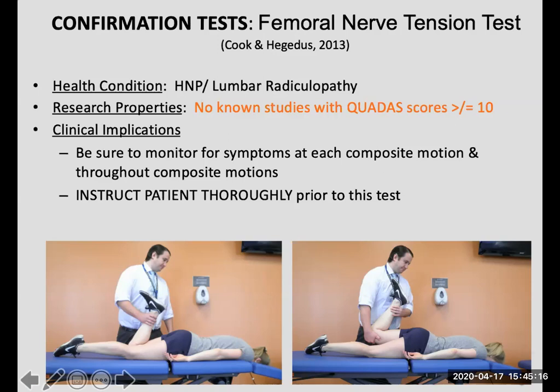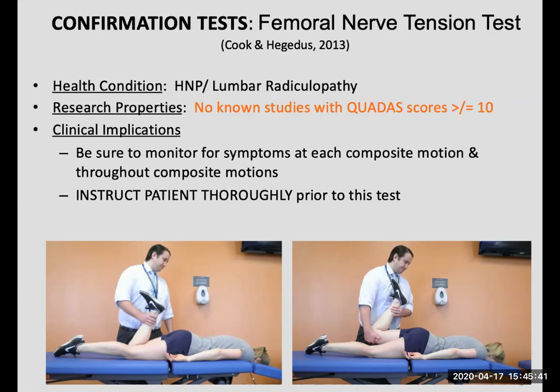So extend the hip a little bit. Once the patient's symptoms are provoked, radicular symptoms that is, we can have the patient lift the head up to neutral, thereby relieving symptoms in theory. So essentially any change in symptoms in the lower extremities with change in position of the neck